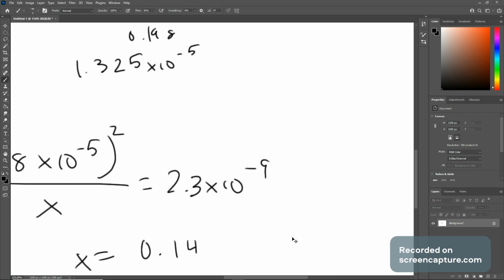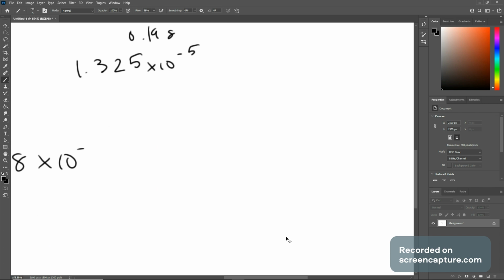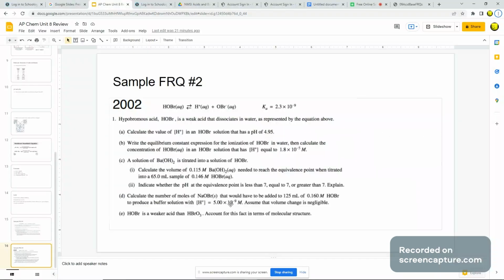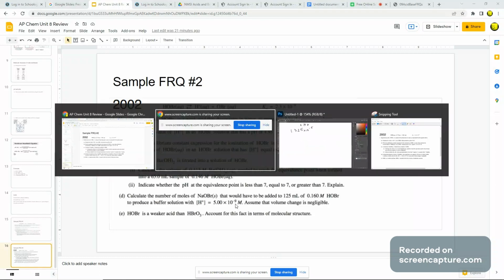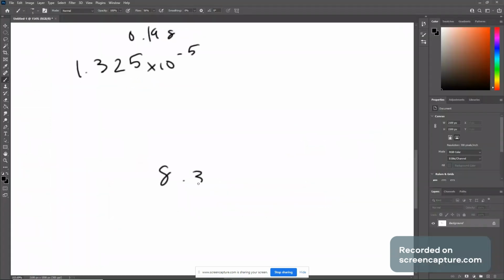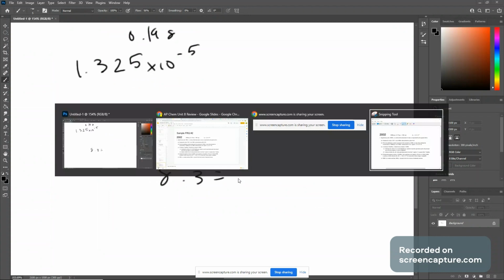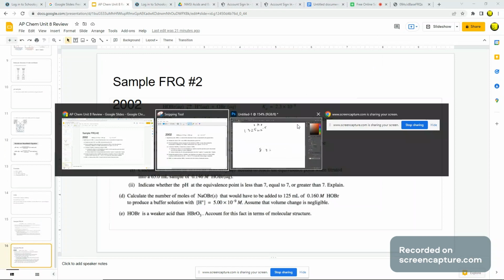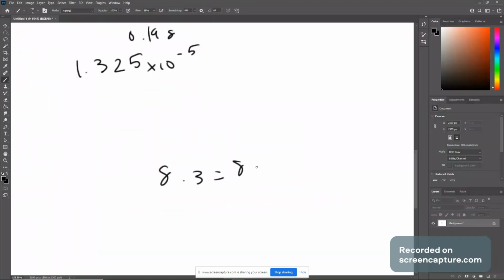We do the negative log of this number, 5 times 10 to the negative 9, and then we get 8.3 equals your pKa. So negative log of this right here, 2.3 times 10 to the negative 9. That gives you 8.64